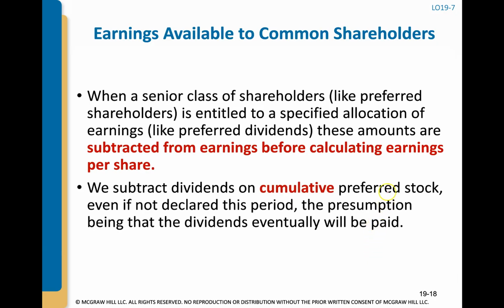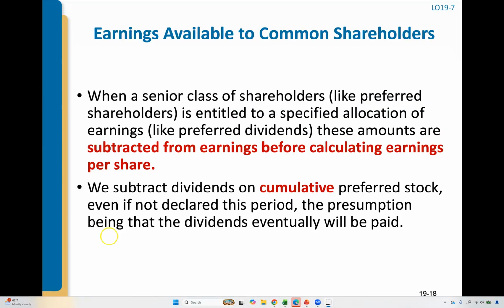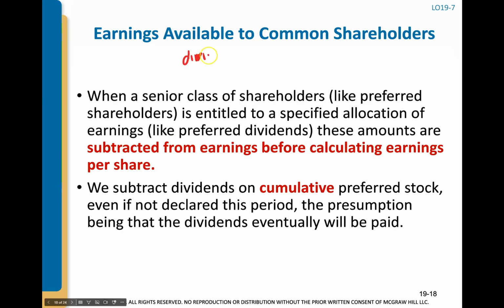Now, earnings per share, the numerator we said is earnings available to common shareholders. So the key here is the earnings that are available to common shareholders. Now, we all know that dividends are paid out of the earnings, out of the company's retained earnings, right? Out of earnings. So when we're looking at the earnings available to common shareholders, if a corporation has preferred shareholders